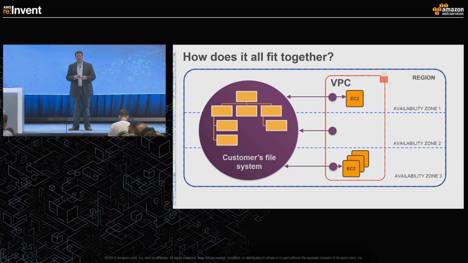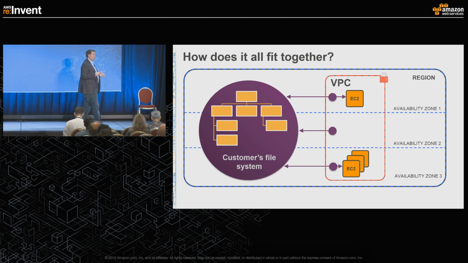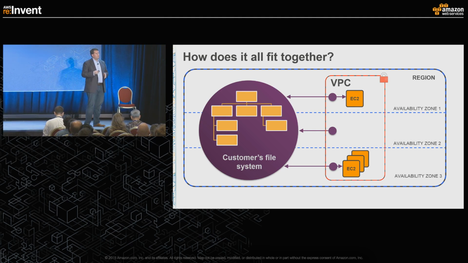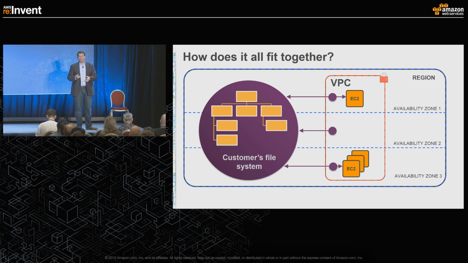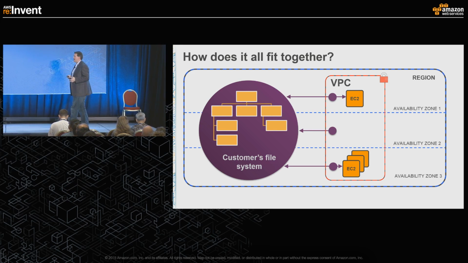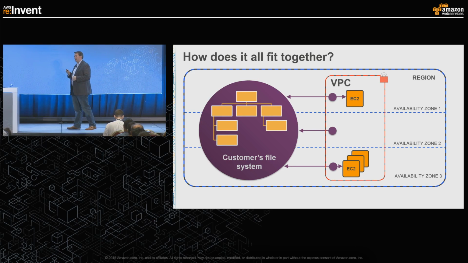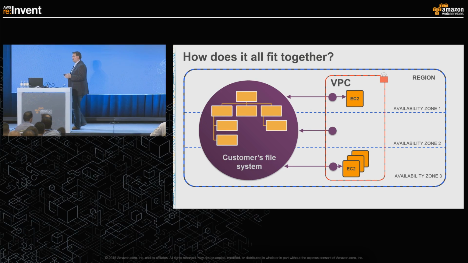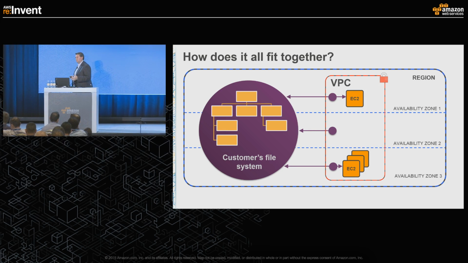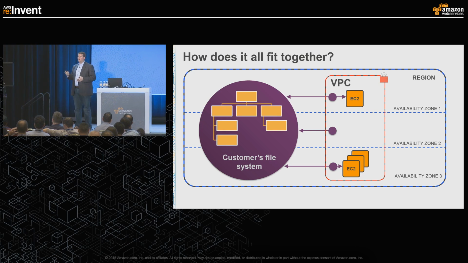So how does this all fit together? The moving pieces that are critically important: the Amazon Elastic File System is natively located inside of your VPC. So any investment that you've made in VPC for risk reduction, governance, and control is inherited by Elastic File System. And you prescribe at a region level which individual availability zones will have access to EFS. And then your individual EC2 nodes interact with EFS for the purposes of computing, reading, and writing data. So really 3 layers, and we'll walk through each one of those in detail.